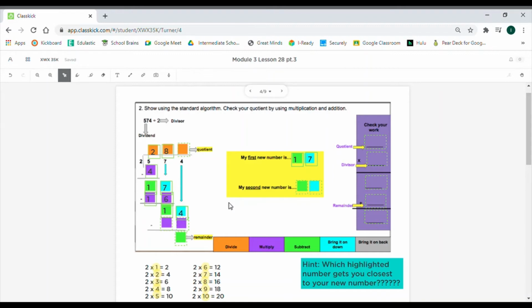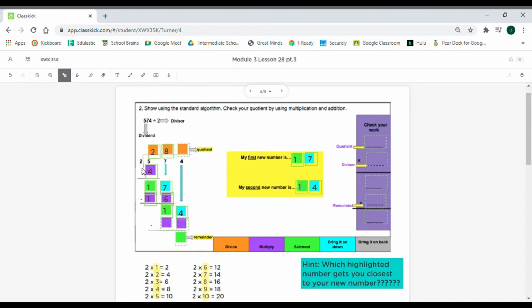I just found my second new number. What number is in my green box? 1. And what number is in my turquoise box? 4. So what's my second new number? 14. Remember, our new number tells us what we have to